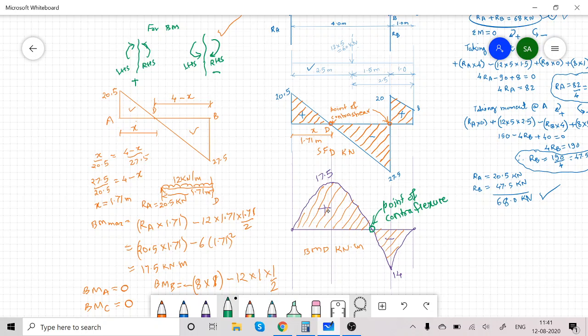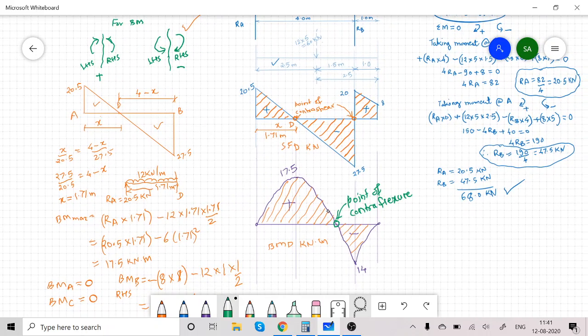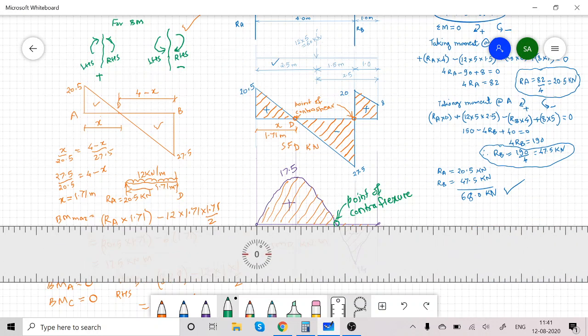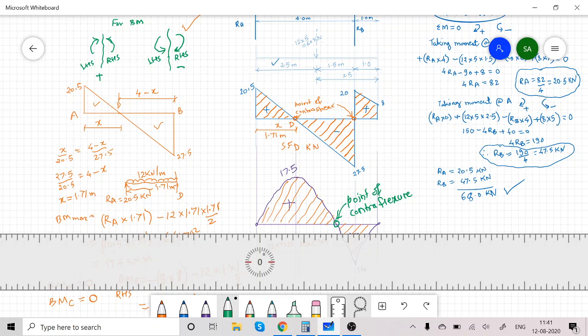This is the point of contraflexure. Now our job is to locate this point of contraflexure. Let us consider the distance of the point of contraflexure is x0. Suppose this distance is x0